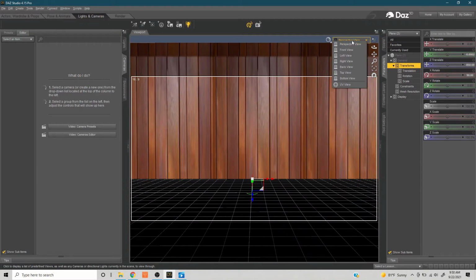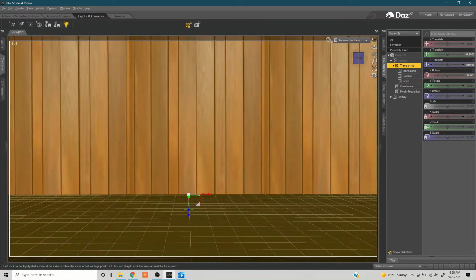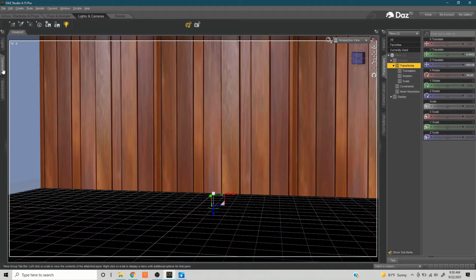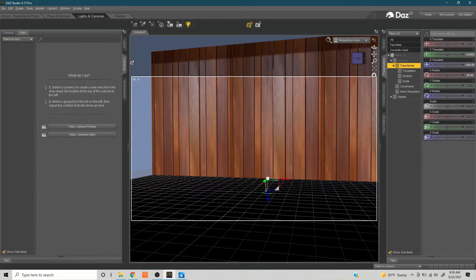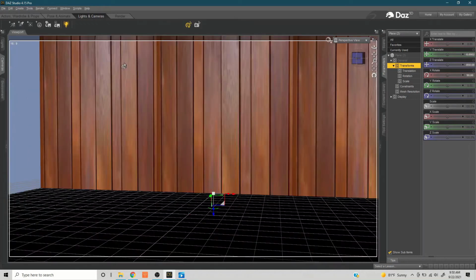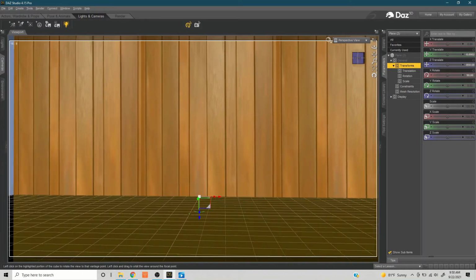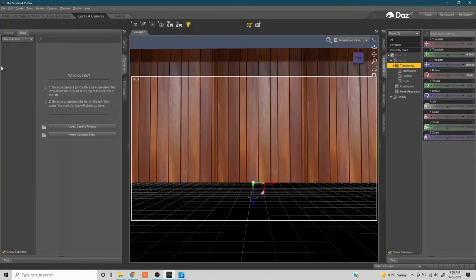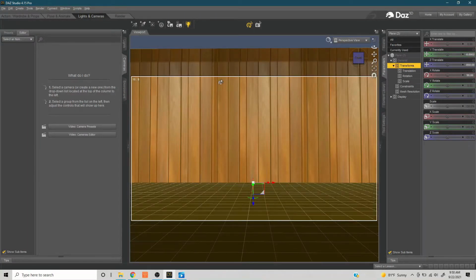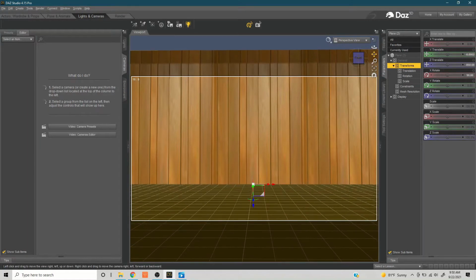You only have front view, left view, right view, back view, and top view and bottom. I find perspective view to be the most useful because I can toggle around where I want to be. So this is my technique: if I want a camera where somebody is standing against the wall, I need to figure out where the frame is going to be, and I need to probably